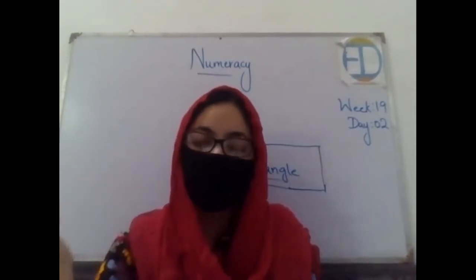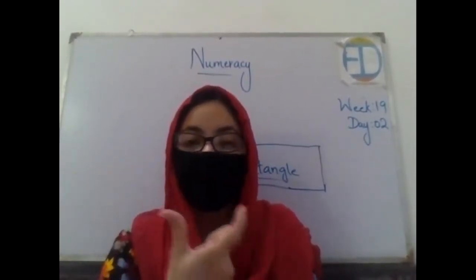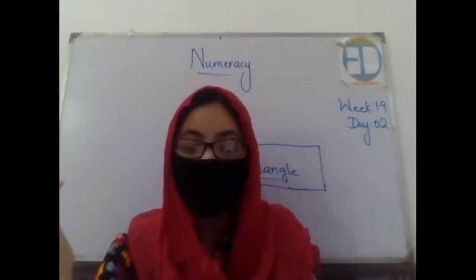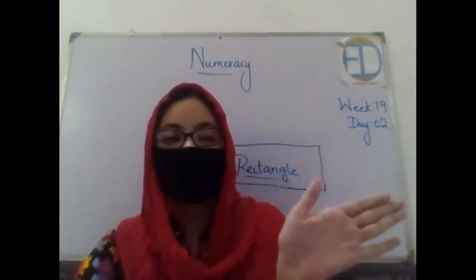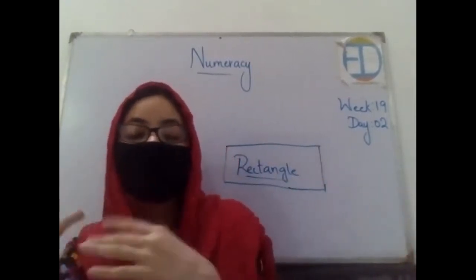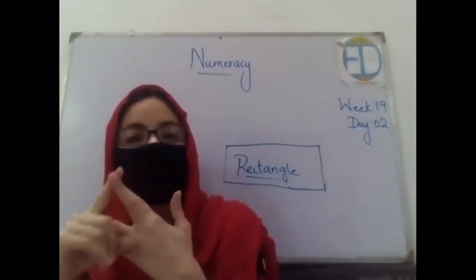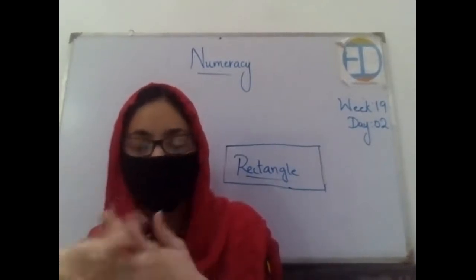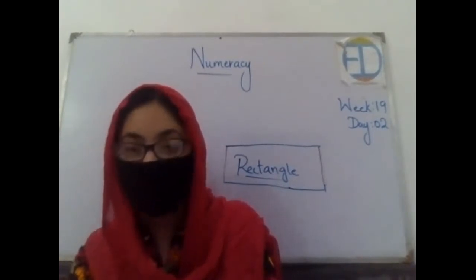Now this is a small activity. You can do this at your home. If you have a block, or you can make a block yourself with a thermocol sheet or anything, then you can dip it in any color and then stamp it on a piece of paper. It will give you a rectangular shape. You can practice this with all of the shapes, with a square, with a rectangle, with a triangle, and you will get all of the shapes. Okay, so you can do this activity over the weekend, and this shape is called a rectangle.